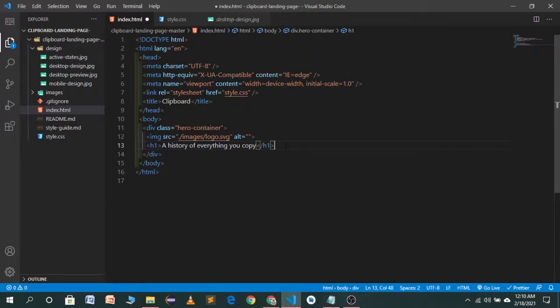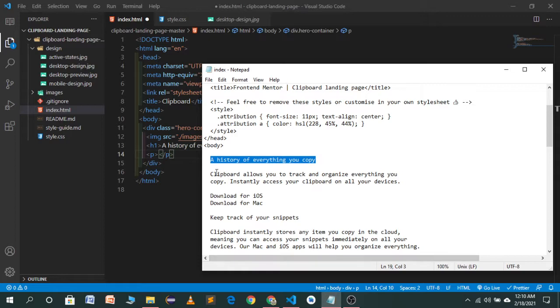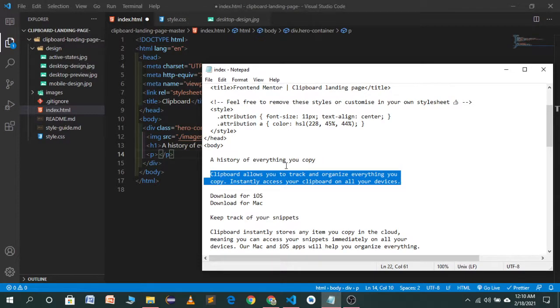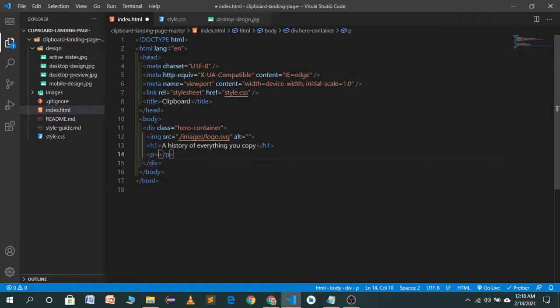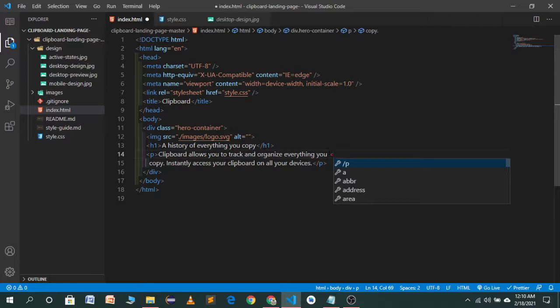And now the second part will be a paragraph. Now we want a line break in our paragraph. So for this we will use a p tag, and in the p tag we will use a br tag.